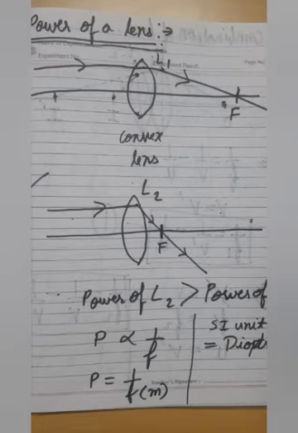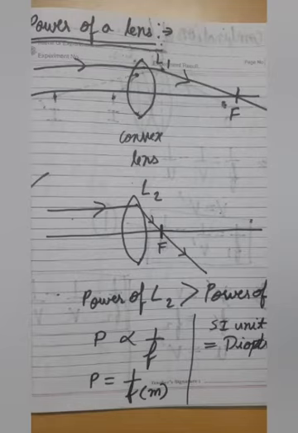Children, in my previous video, I have discussed with you some important topics related to ray optics. Basically, we have completed prism, and I explained to you how exactly a prism works and what is angle of deviation, what is angle of minimum deviation, and what are the various expressions related to prism. Today, I am going to talk about lens. So let us discuss first of all the power of the lens.